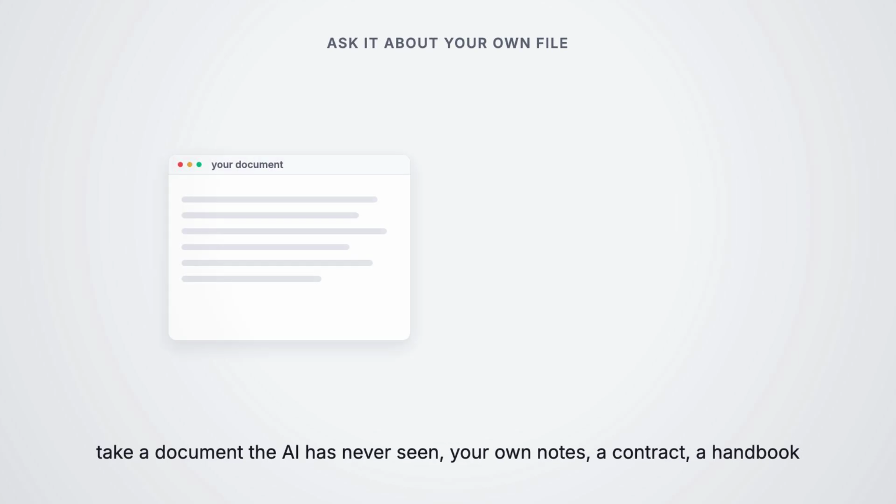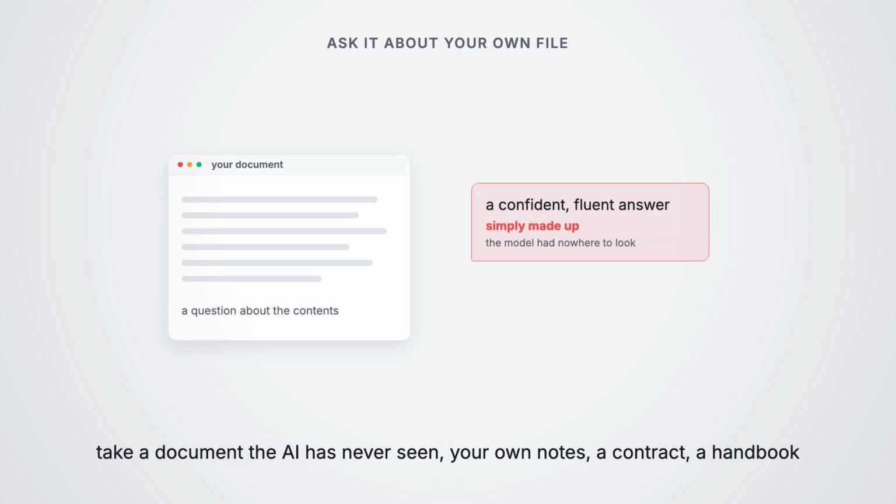Take a document the AI has never seen. Your own notes, a contract, a company handbook. Ask it a question about the contents. Early on, you would often get a confident, fluent answer that was simply made up because the model had nowhere